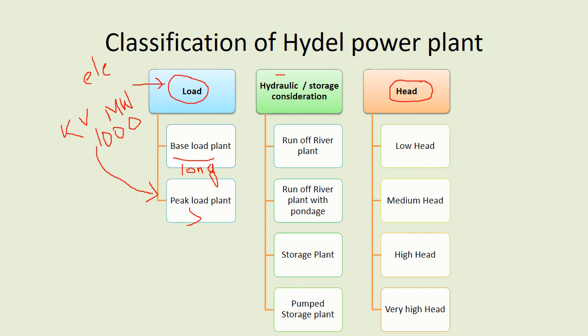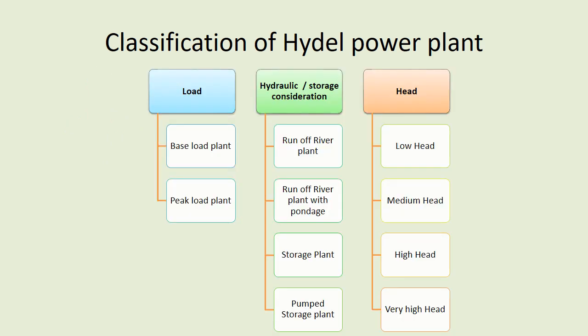Those plants can be operated along with your thermal power plant. Based on this, we can classify peak load and base load. If you have any confusion, we will discuss this again in the upcoming section, where we will also discuss different factors like load factor. Here, simply note down that base load has a very high load factor. Don't worry about what load factor is, we will explain it in the upcoming slide.